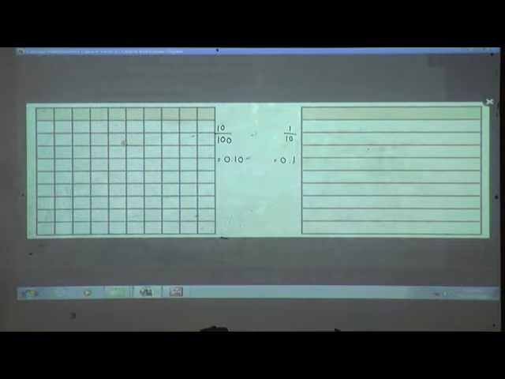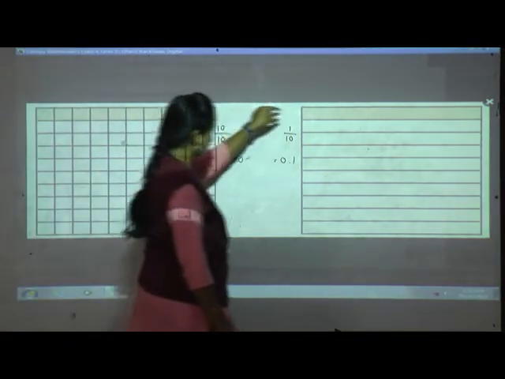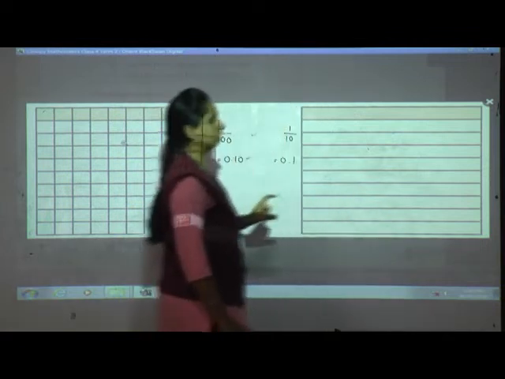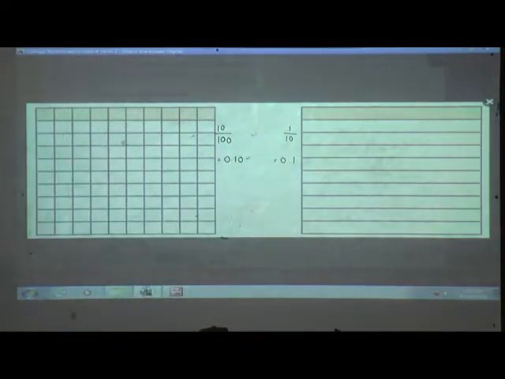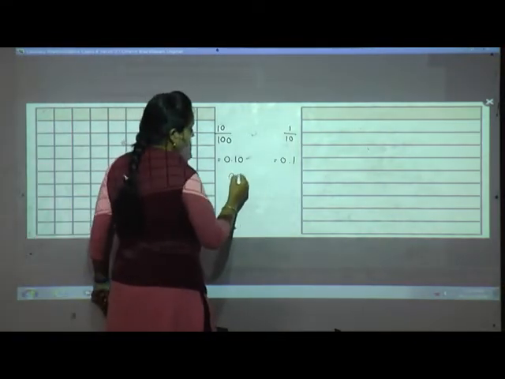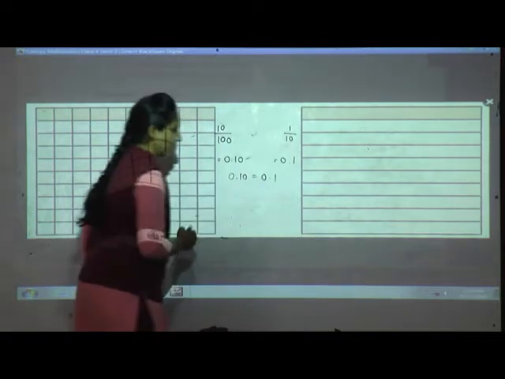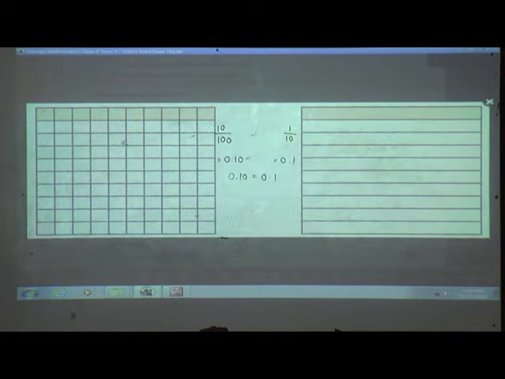Yes. So in the first diagram, you can see from this diagram that the colored portions are equal. Can you see the colored portions? See here, in the same way this part is also colored. The portions are equal. Therefore we can say that 0.10 is equal to 0.1. Means they are equal. They are equal means 0.10 and 0.1 are equivalent fractions.